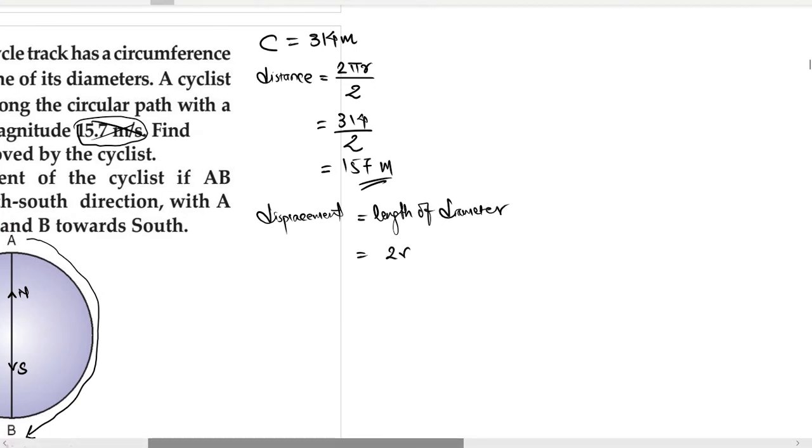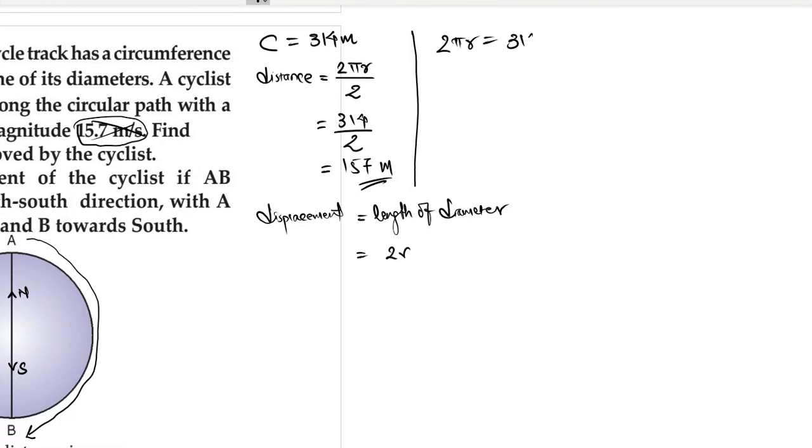Do we know the radius? No. So first we have to find the radius. See how we find the radius. Now 2 pi r is equal to 314, right? So 2 into 22 by 7 into r is equal to 314. So r is equal to 314 into 7 upon 2 into 22,